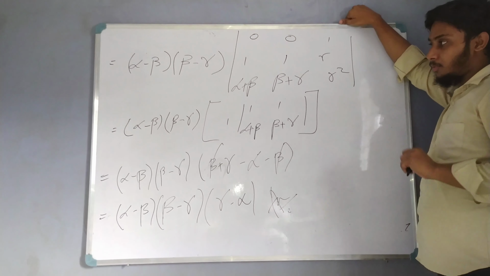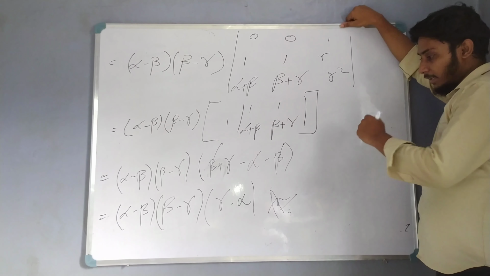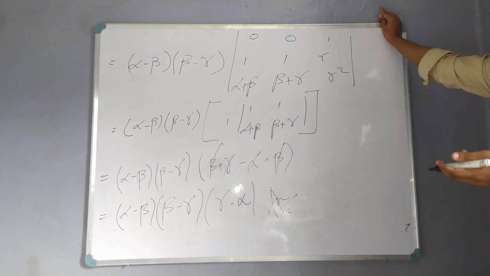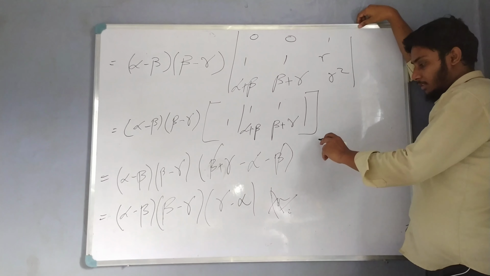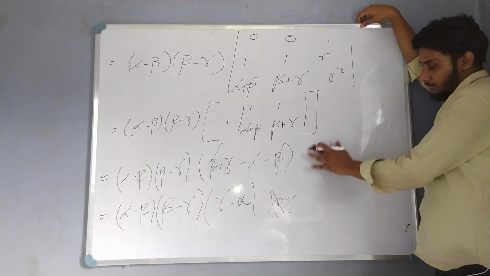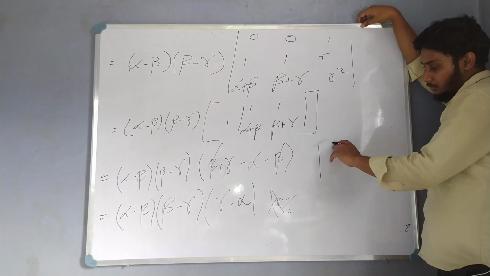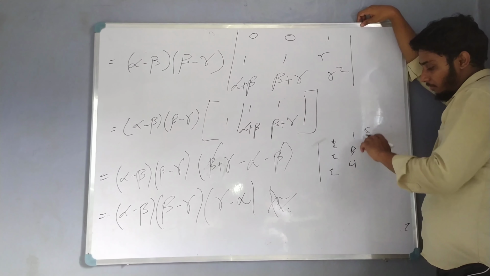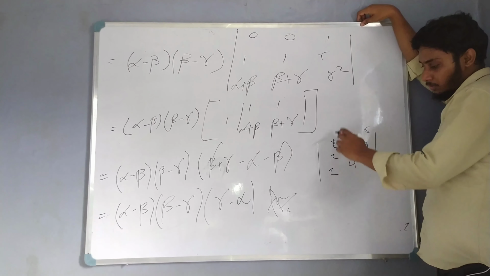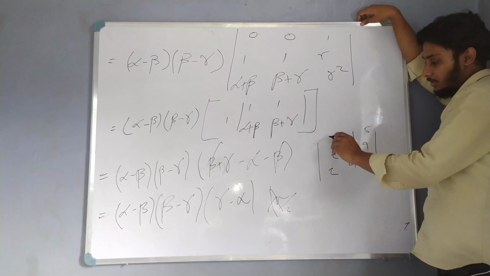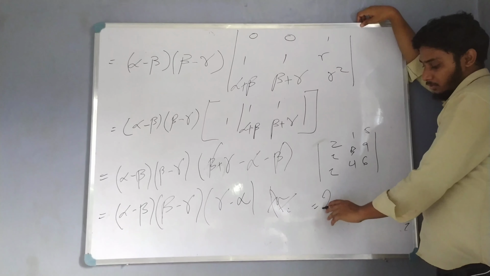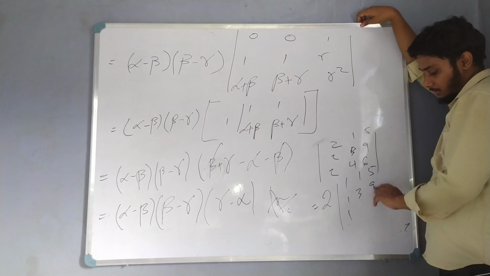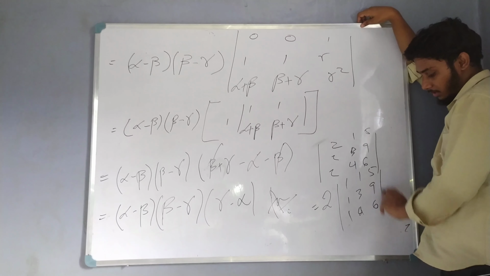So one more thing that I have learned in the property of the determinant, that you can take any number as common from any column or from any row. So I need to discuss it here. Suppose you have 2, 2, 2, 1, 1, 1, 2, 1, 3, 4, 5, 9, 6. So you can take 2 as common from the first column. So 2, after taking 2, it will be 1, 1, 1, 1, 5, 3, 9, 4, 6.